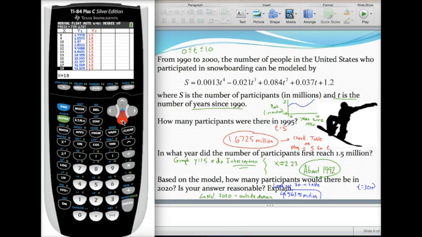And so the question was, is your answer reasonable? And of course now it's freaking out on me and not getting there. Come on. Well, I trust that you can get down to 30. But what ends up happening is I end up with